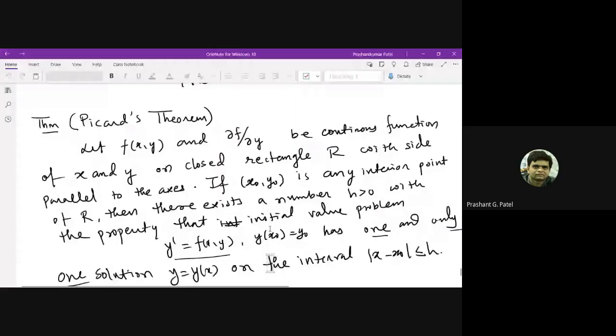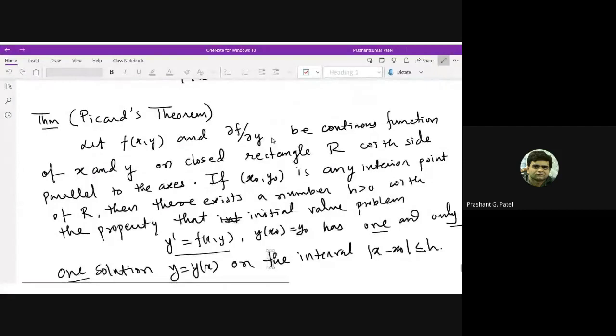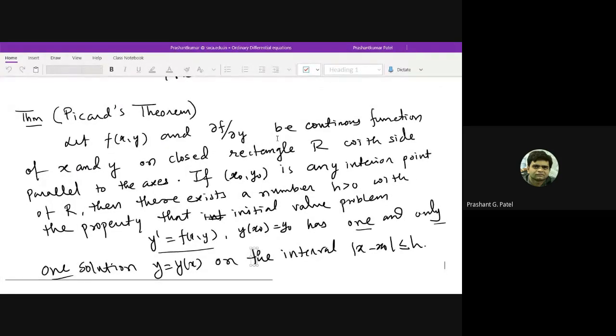So in this lecture, we are discussing the proof of Picard's theorem. Picard's theorem states that if you have f of x, y, which is a function of x and y, and the partial derivative of this with respect to y, both of them are continuous on x, y on a rectangle